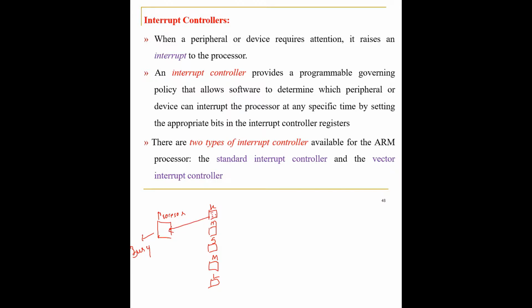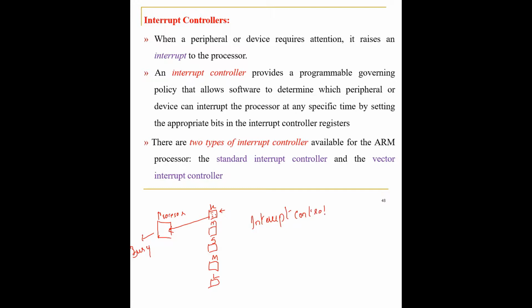When the data has to be given to the processor, as I said, your processor is busy doing some work. As soon as the data is given by the keyboard, your processor should accept the data and process it. So what is happening right now is you are trying to interrupt the processor. The processor is getting interrupted here, right? So how can all this process happen? As soon as you press something on the keyboard, there is something called an interrupt controller.